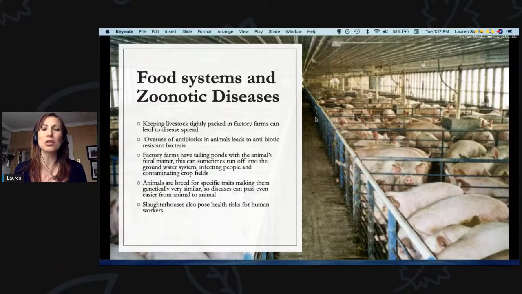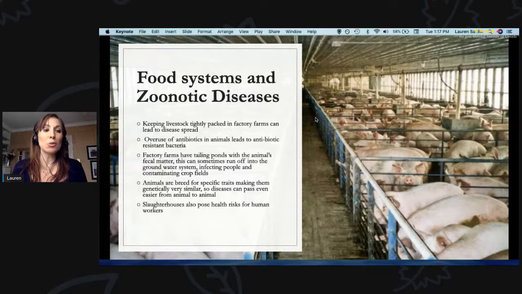That's why as humans, and for any animal species, it's so important to have genetic diversity, because it's that genetic diversity that gives you the ability to fight off a variety of different diseases and bacteria, because you have a very varied immune system from your two parents. But when we're breeding animals for specific traits, they're all very similar, so they have very low genetic diversity.